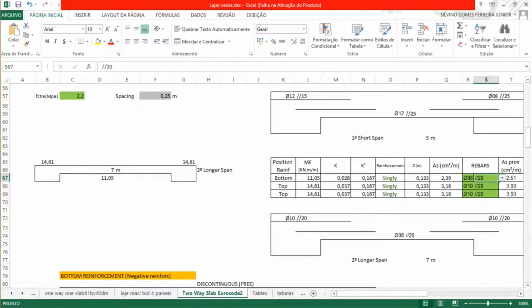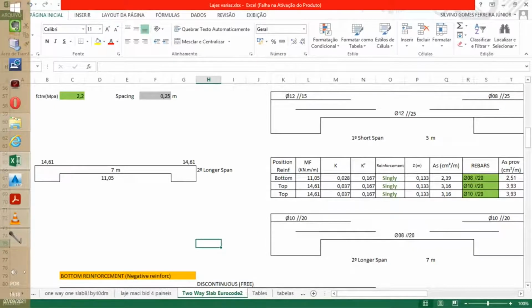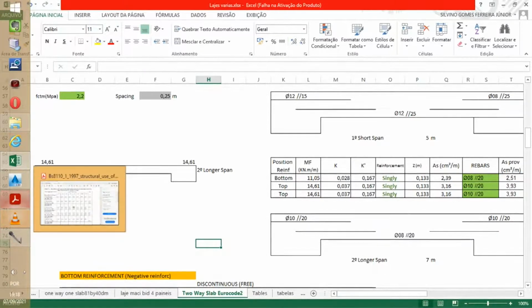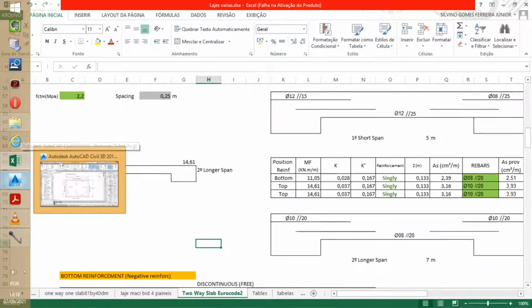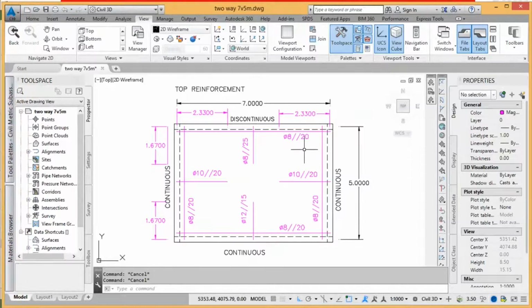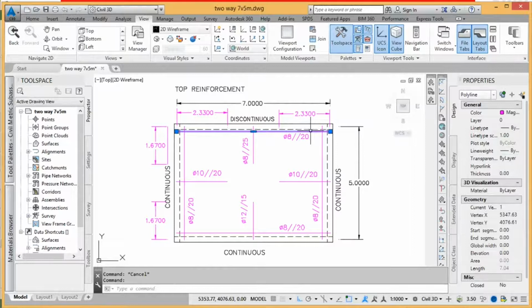Since it was on the bottom spaced by 20, I just decided to use the same diameter of 8 spaced by 20. It's more, so it gives 2.51 square centimeters per meter. So just to have the same spacing here,